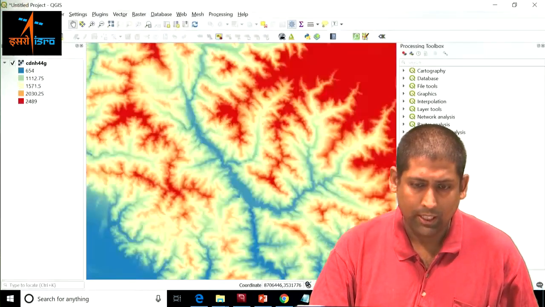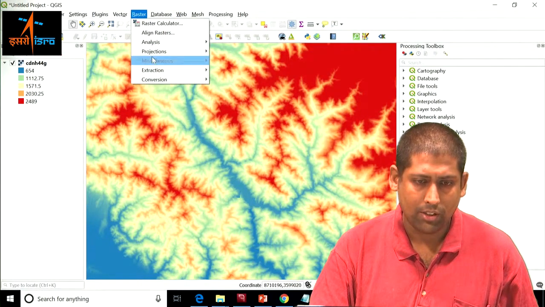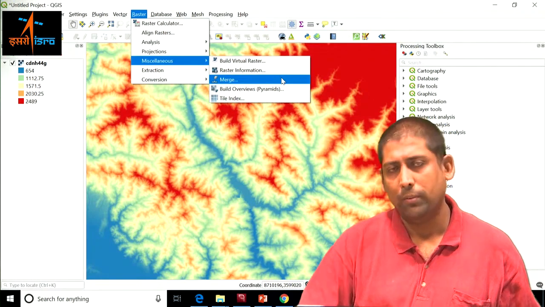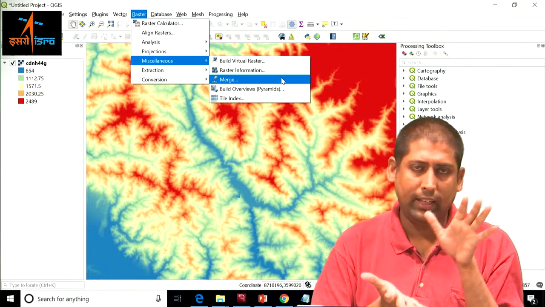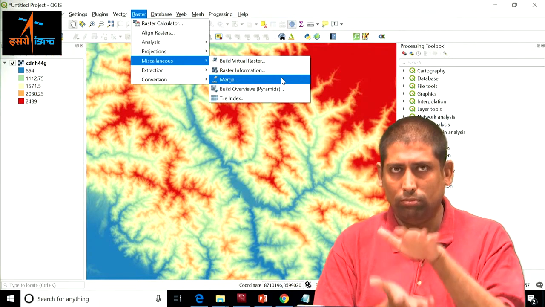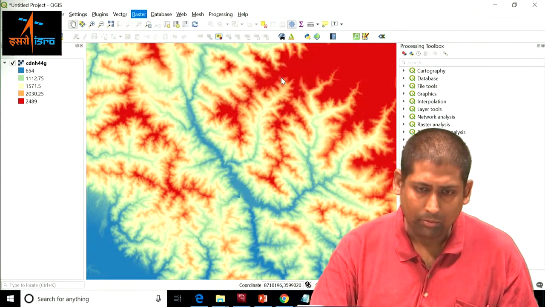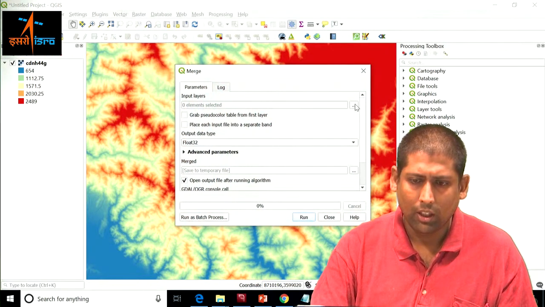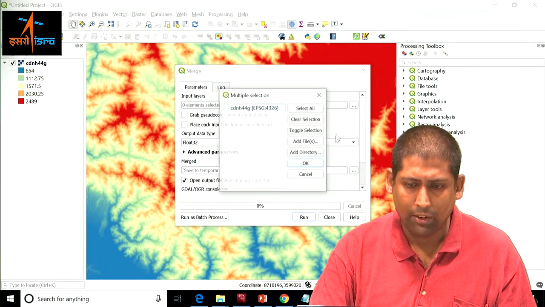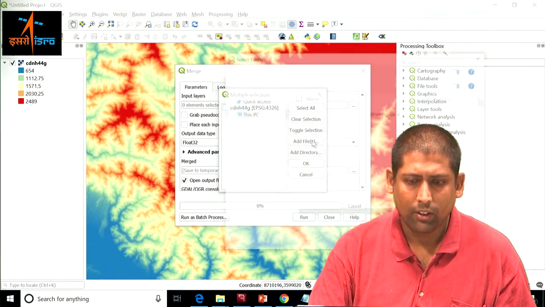So we'll go to QGIS and we will go to raster miscellaneous option called merge. What we basically want to do is take these three bands and club them together to make a multi-band raster. So we'll click on merge. We'll click on this add file option.